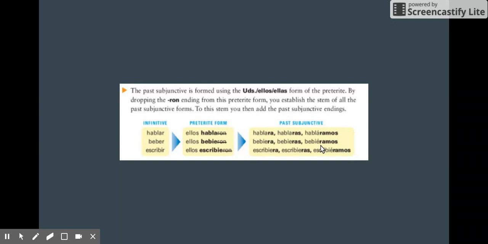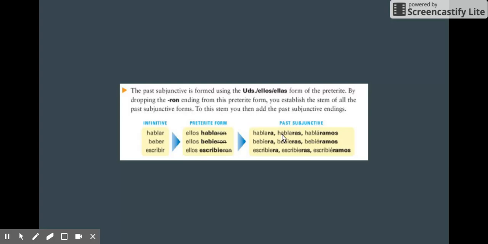In forming the stem of the past subjunctive, what you do is you take the ustedes, ellos, ellas, or the third person plural form of the preterite, drop the ron, the ending, and then add the past subjunctive ending. So easiest way to look at that is you take the verb hablar, the preterite form of ustedes, ellos hablaron, drop the ron, habla, and add the corresponding ending in the past subjunctive. Hablara, hablaras, habláramos, beber, bebiera, bebieras, bebiéramos, escribiera,